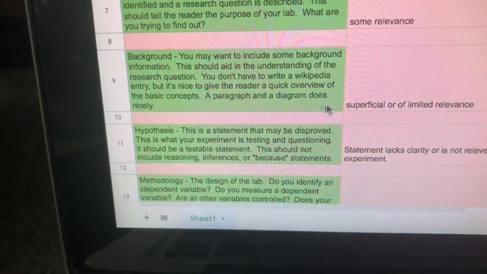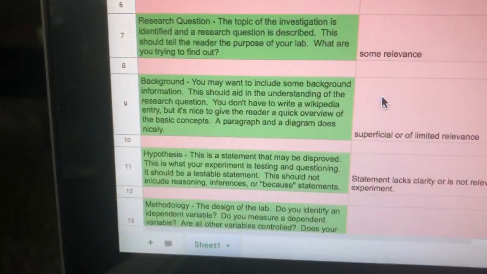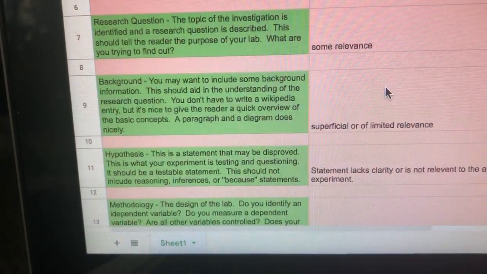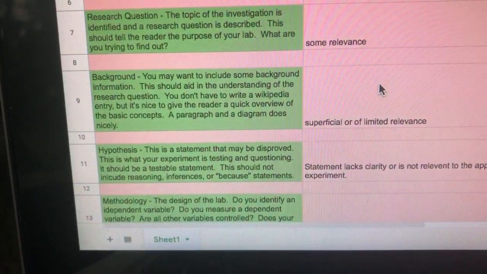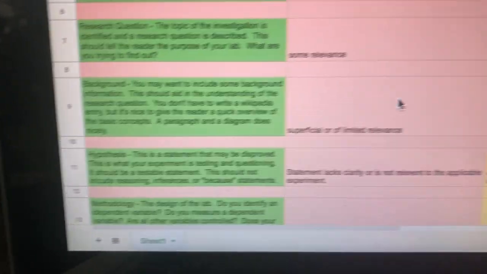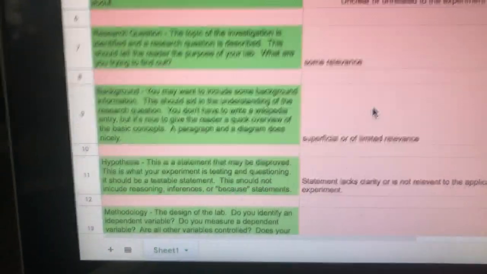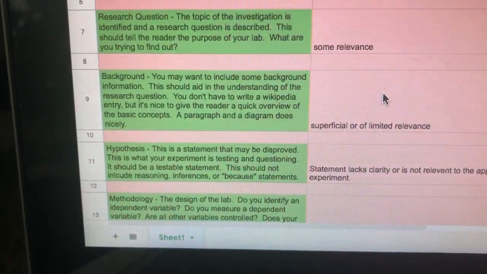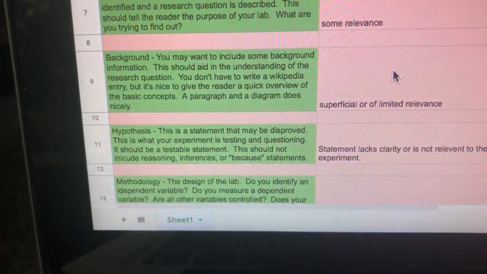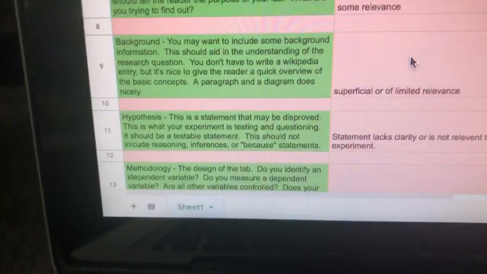The background is something that I would love to see in your lab. It's not always required, but I think it's good in a senior lab to put that in. So, you might do a little paragraph or two, who discovered these things. Newton found these formulas and kind of go through